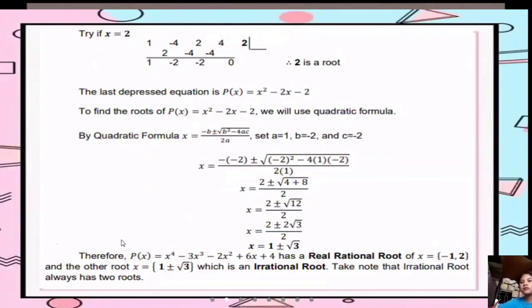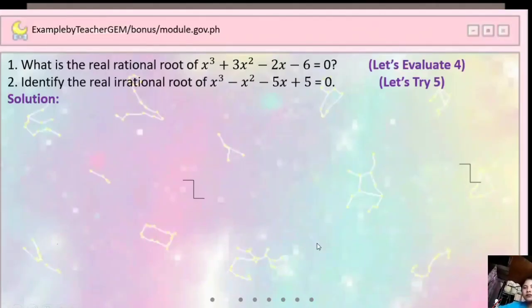Yung mga irrational naman daw po, we have 1, then positive, negative square root of 3, which is irrational root. So, take note, the irrational root always has 2 roots itself. So, positive, negative. So, next natin, number 4. Let's evaluate page